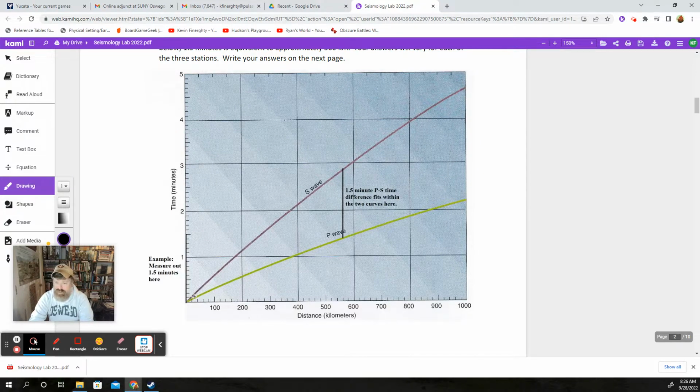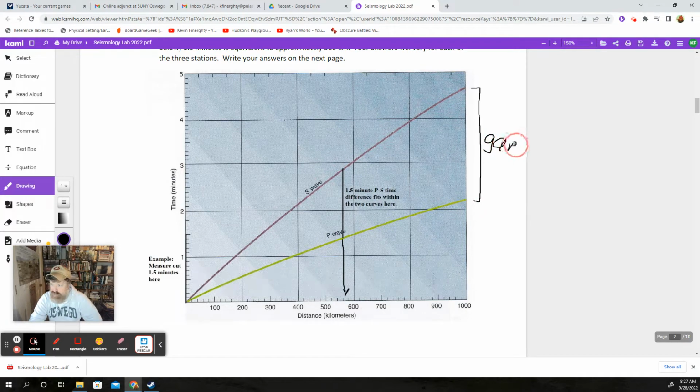So how to do that is take however much time passed in between the two, and again, use a little scrap piece of paper and measure that out. So the one they gave you here is, what if it were 1.5 minutes? So you take your piece of scrap paper, you lay it right on here, and you put dots on it for 1.5 minutes. And then you're going to slide it, slide it, slide it until you find the spot where these two are exactly 1.5 minutes away from each other. And when you do that, your answer is sitting right there. That would be how far away the earthquake is if 1.5 minutes passes between. So the whole thing, this gap is the question. This is the lab right here.